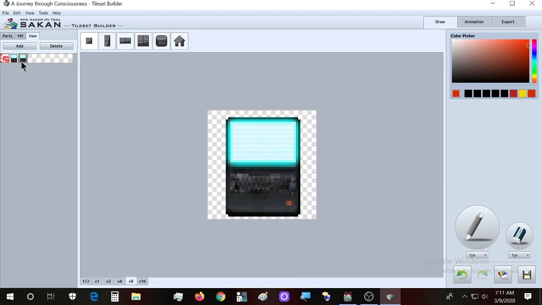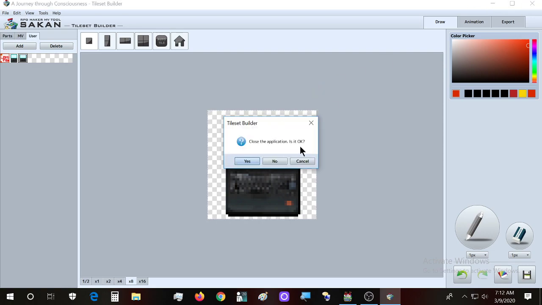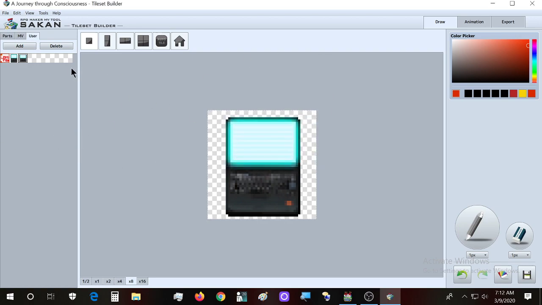So I would recommend using Sakan with a laptop, because if you get a power failure like I had, you're gonna curse a lot, because there's no progress that's gonna be saved. Also, if you close the application, it will only ask you, is it okay? And if you press yes, nothing is gonna be saved. If you have implemented these in the tile sets, yes, that's gonna be saved,